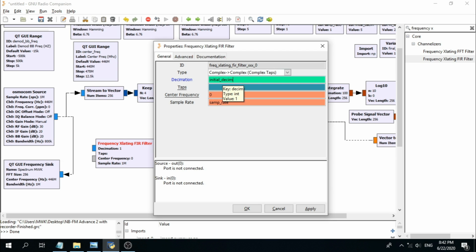And the taps, let's make it variable low pass filter taps 0. Okay, variable like this, low pass filter taps 0, and the center frequency, let's make it a